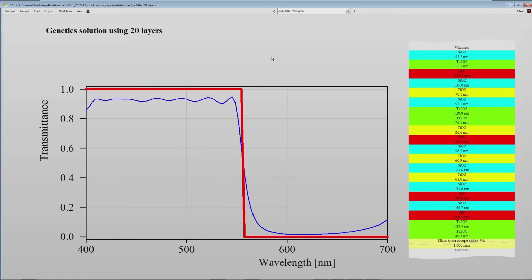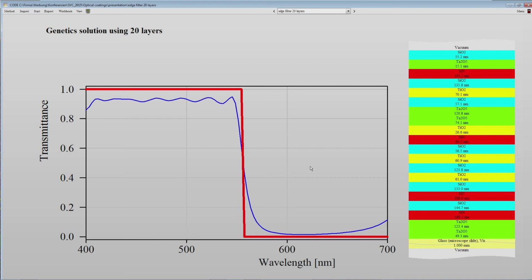Well, actually, you might think that you need more layers, and this is the best solution that I was able to obtain within a few minutes or hours, I guess, for 20 layers. And you see, especially here in this area where you need to block radiation efficiently to 0, the algorithm has difficulties to get nice zeros. So that seems to be difficult for the genetic algorithm, but I thought a little bit about it, and I found a good solution to